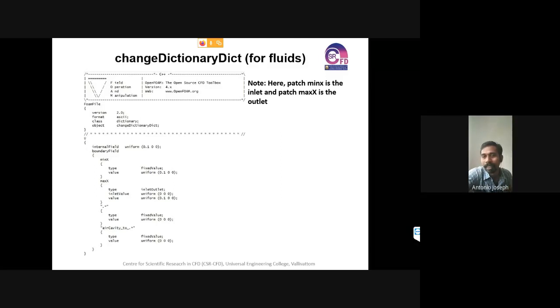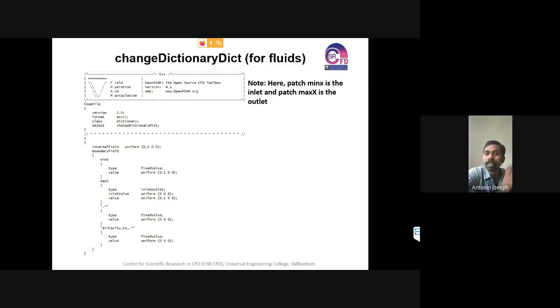And with regard to air cavity, it will be having 9 phases. So it's not an easy task for us to name all these things while giving the boundary conditions.